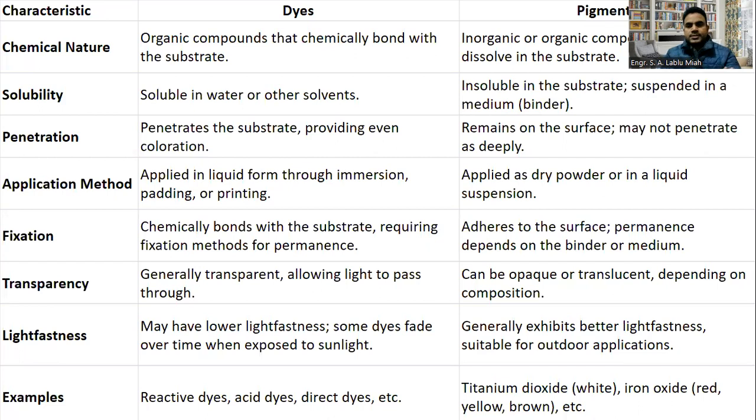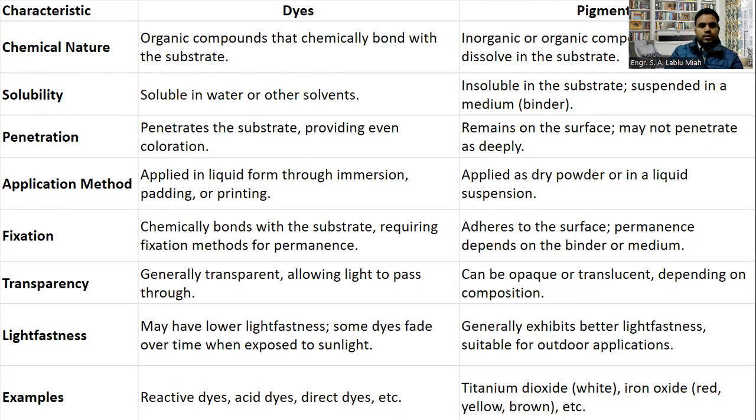Today, I'm going to discuss a very important topic: the differences between dyes and pigments. You know that for coloration of textile materials, we frequently use dyes and pigments. So there is a basic difference between these two. Basically, if we think about the chemical structure or nature of the chemicals, dyes are organic compounds and that is